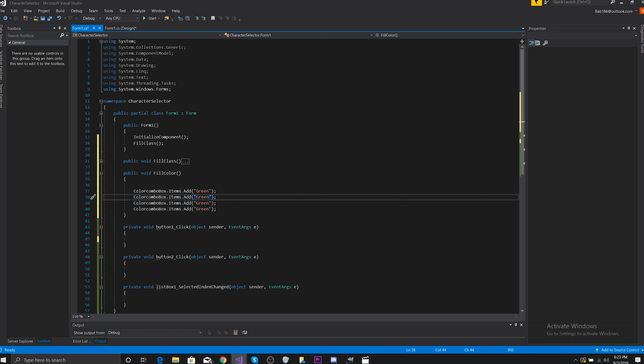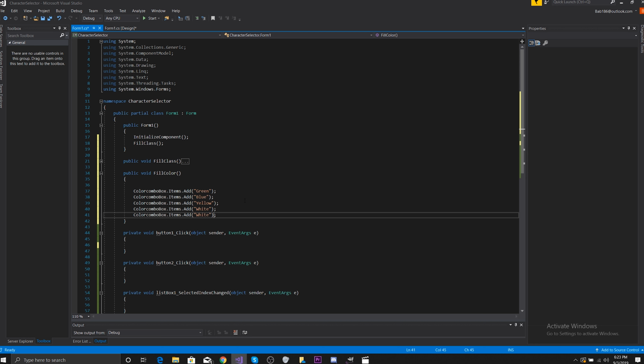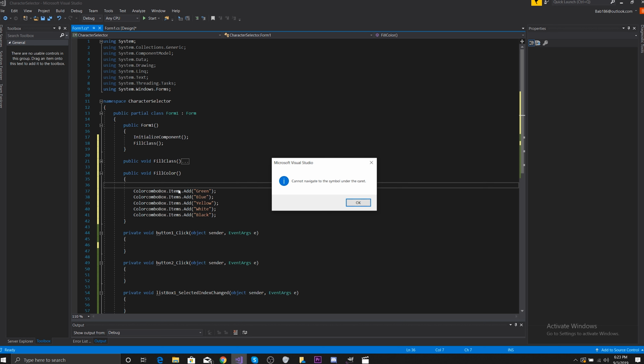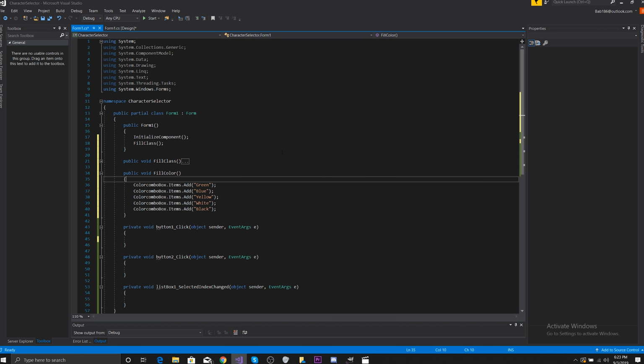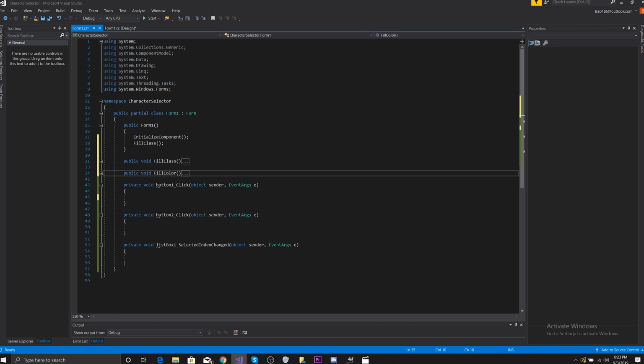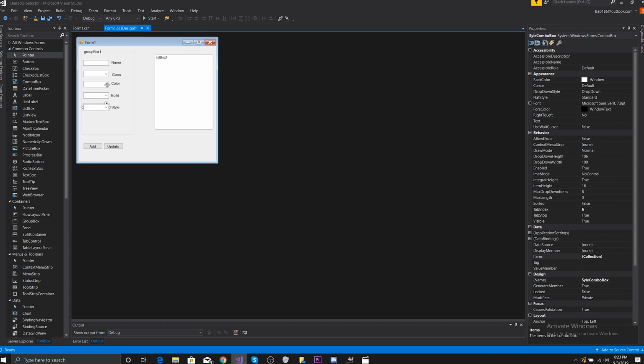Green, blue, yellow, white, black. So with that done, we have those two done now. We have the fill color class, and now what next we're gonna do is